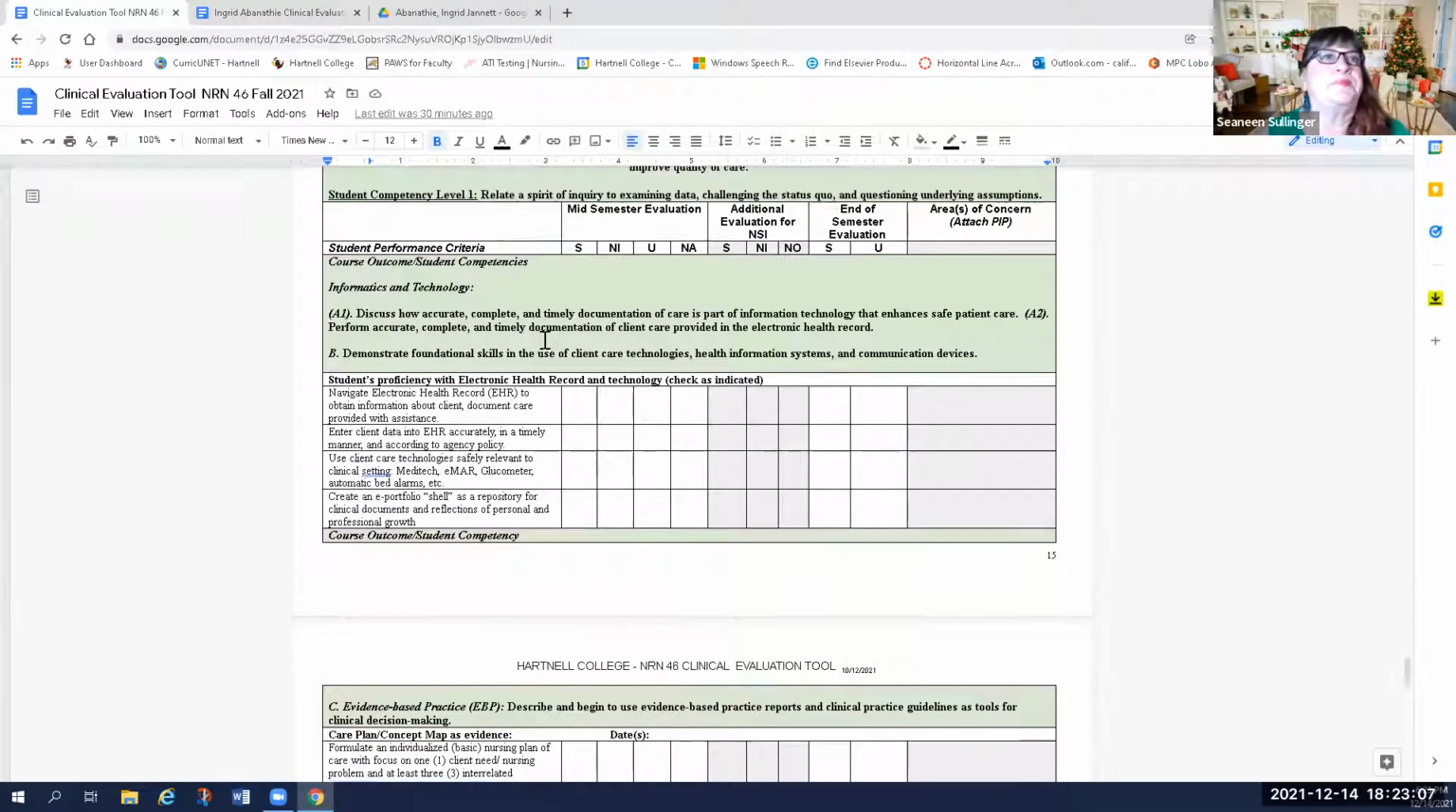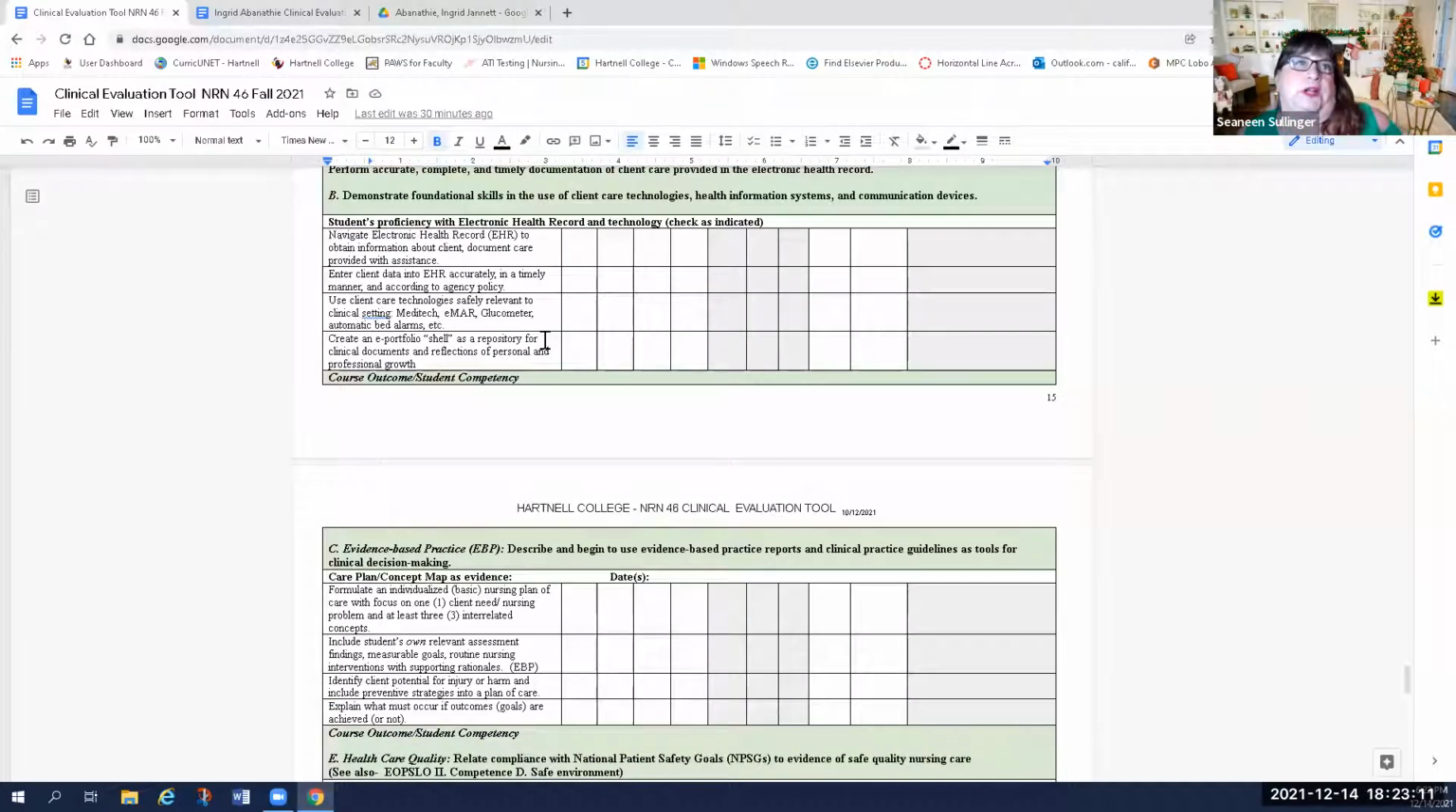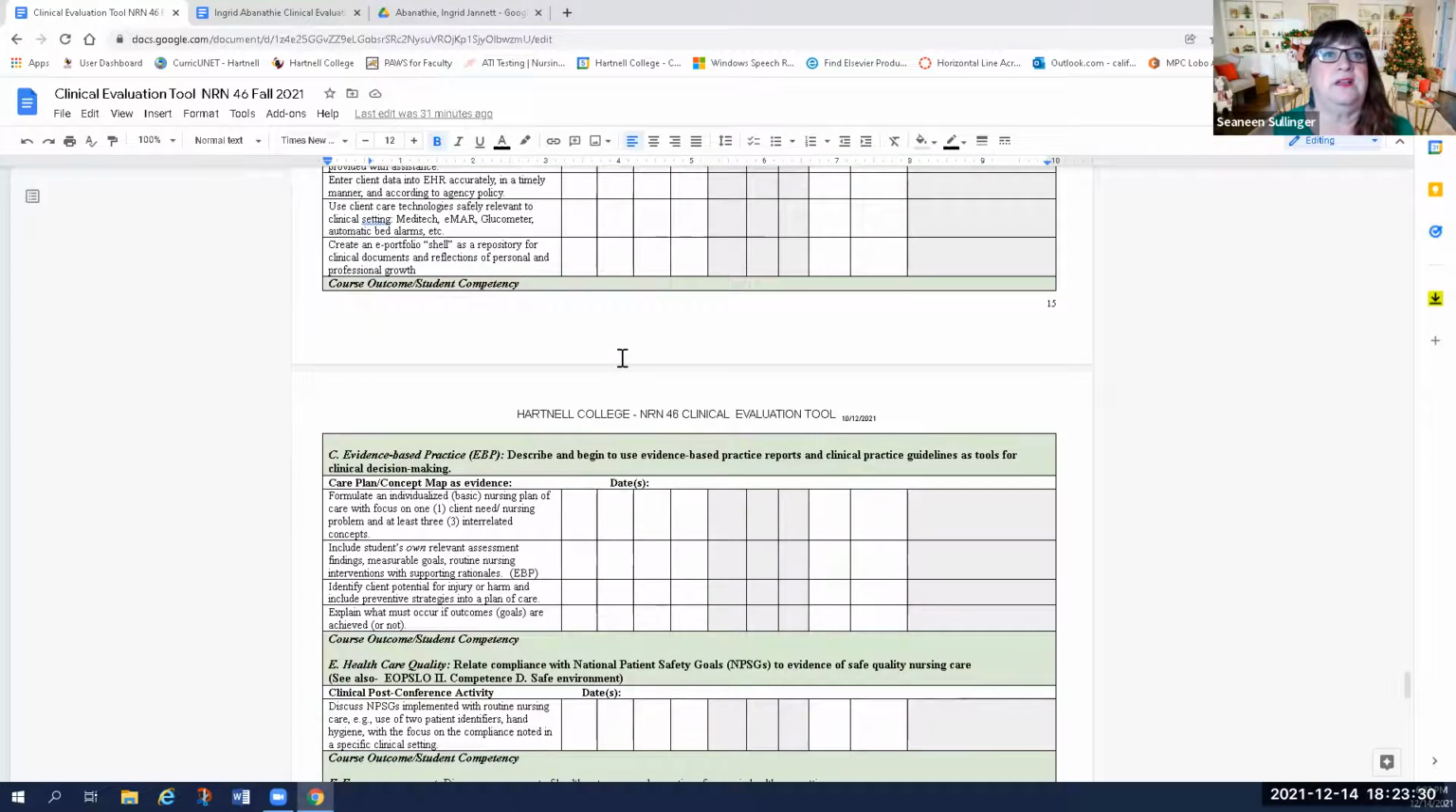Okay, so informatics and technology. So navigating the electronic health record, being able to enter data into the record, using the different technologies, EMR, the glucometers, we learned about glucometers, and then creating your e-portfolio, which everybody has turned in, and they look great, I will say. My apologies for